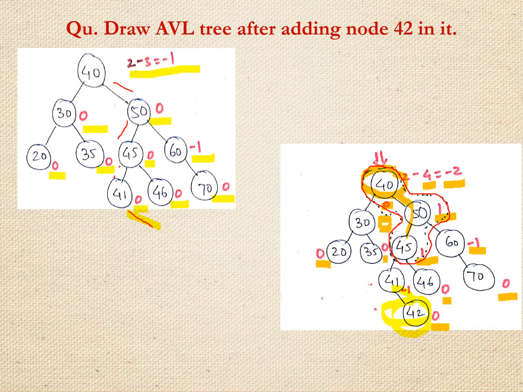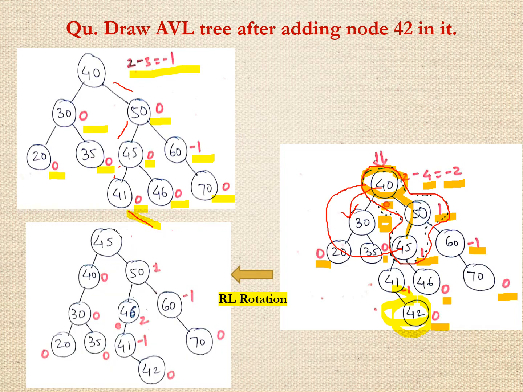So now this is a right and then a left rotation. So what will happen? 45 will be shifted to 40. 40 will be there on the left of this root node, and then 50 will be there as it is. So we can do it with the shortcut we know. 45 will be shifted here, and then this 40 will be here before 30, and then the rest of the arrangement will be the same.